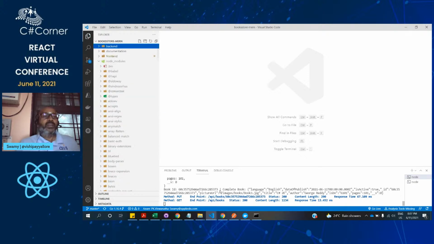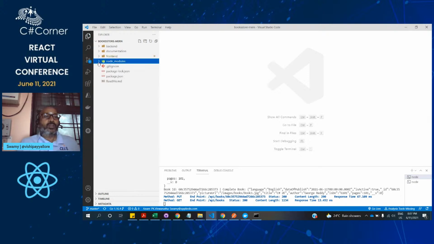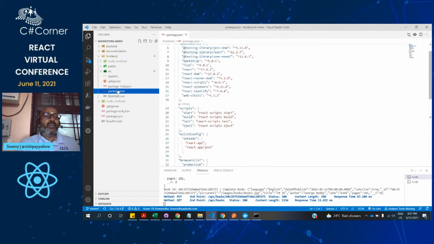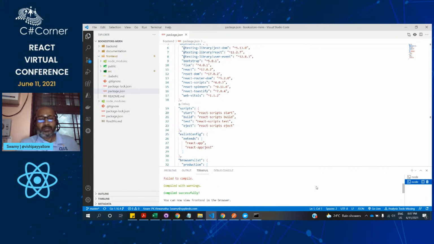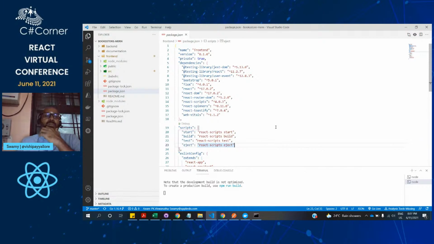And we have seen a couple of backend calls there, and let's come back to the front end. So this front end is pretty simple. Is it executing? Yes, it's running. Okay, so the front end, I didn't use much of React Bootstrap or anything, including Redux or any of those things. Kept it pretty simple to showcase how quickly we'll be able to create the CRUD operations